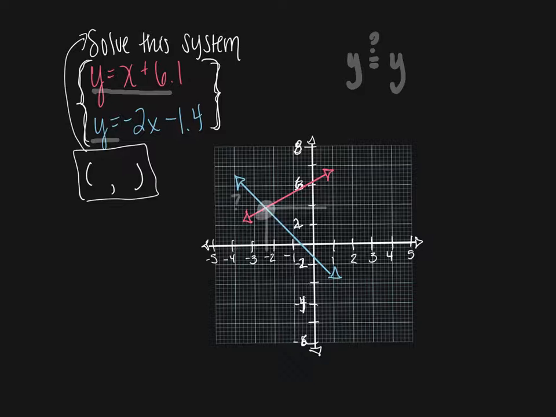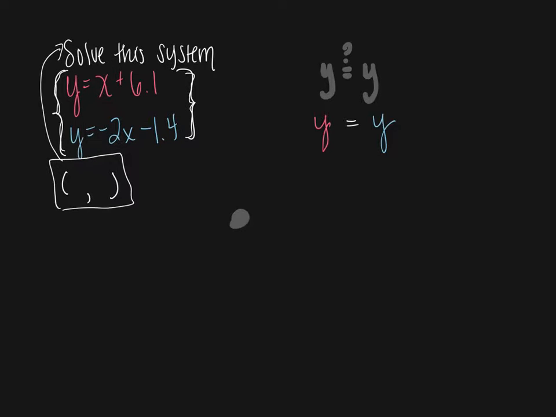So let's rearrange this equation and turn it into one, and we're going to use substitution. All right, so now what I'm going to end up doing is plugging in my equations for my values. If I know that my y equals my y, because they share this point in common that was a solution to both of these systems, then I can